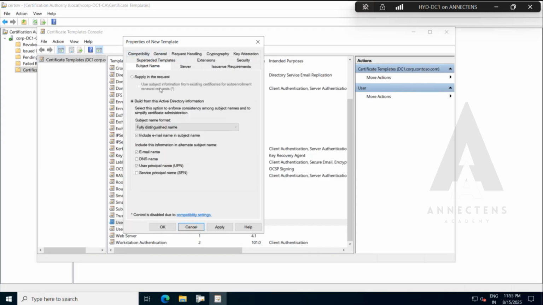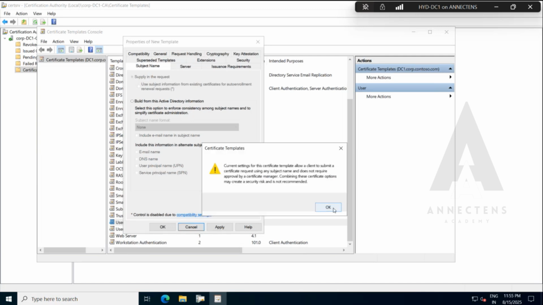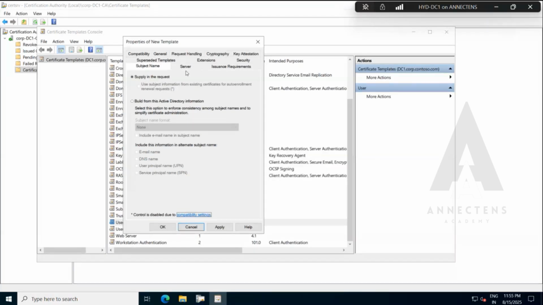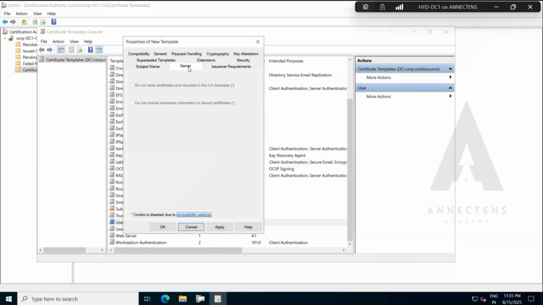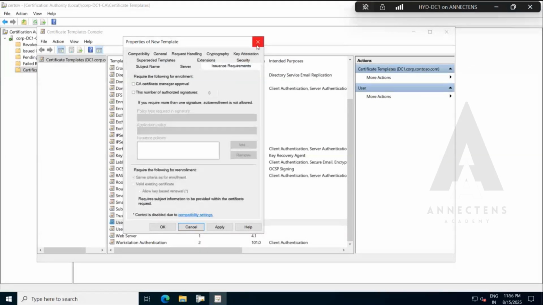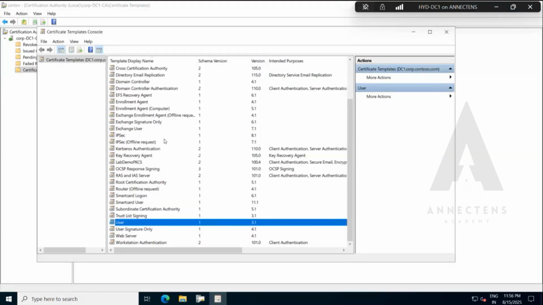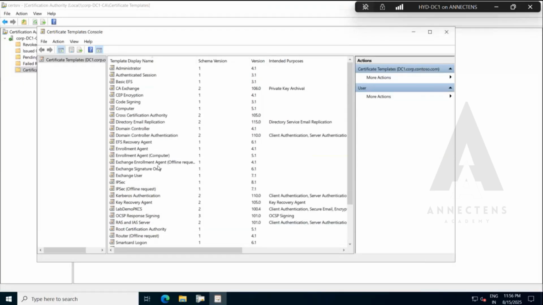Then subject name, here the option called supply in the request, you'll get a pop-up here. Okay, just ignore that and choose this supply in the request. Okay, that is the mandatory option. And then server, we're not changing anything. Issuance certificate requirements, we're not changing anything. So this way, when you click on apply and OK, you will get a certificate which will look something like